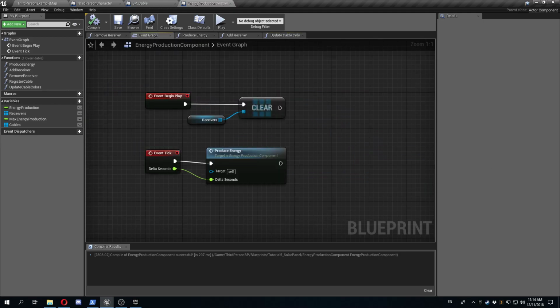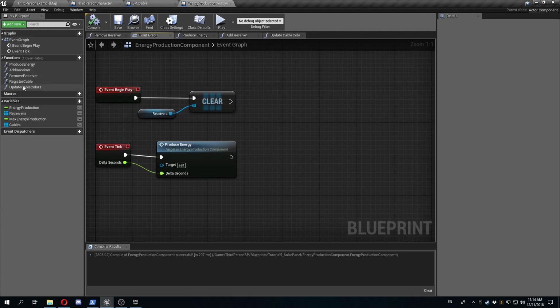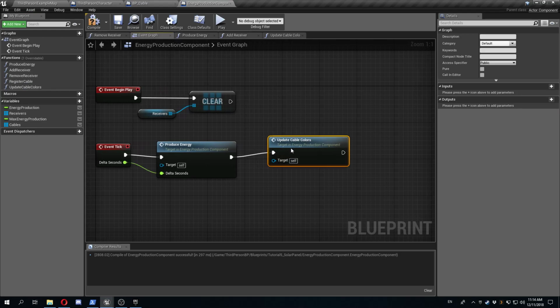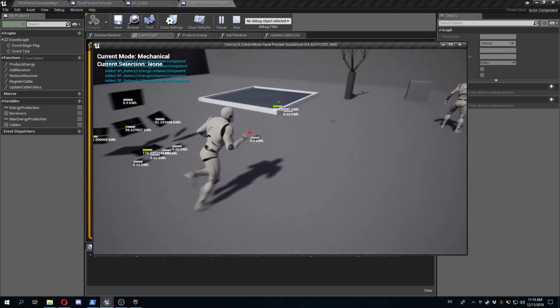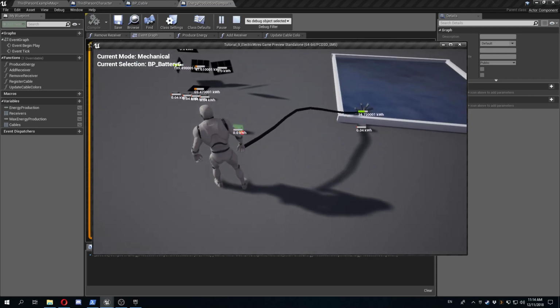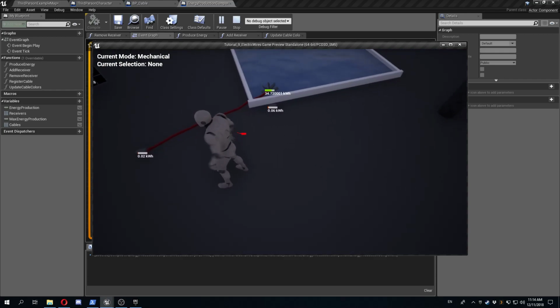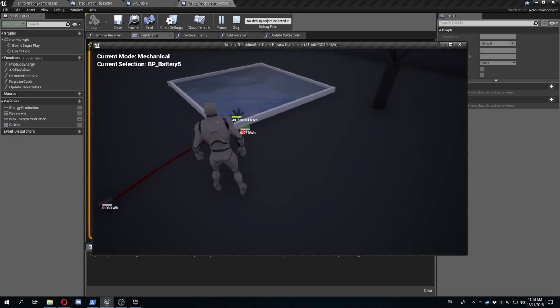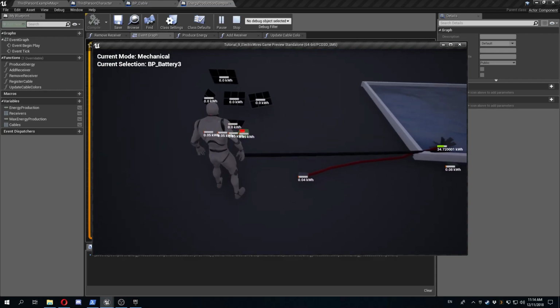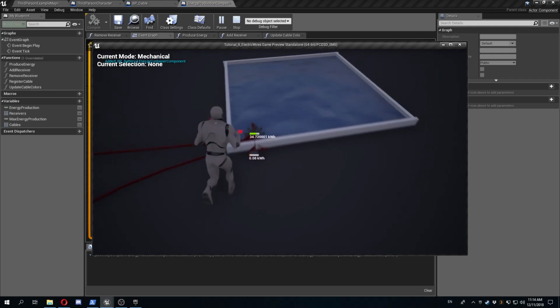So I need to go to the event graph of the energy production component, if I'm not mistaken, and after calling produce energy, I'm just going to call update the cable colors, and that should be it in principle. So if I just connect this power source to this, I see a little bit of red, so it's producing power. Now I am going to connect this one to this one here, and this red, even though we're not